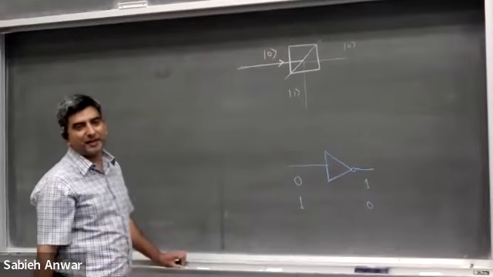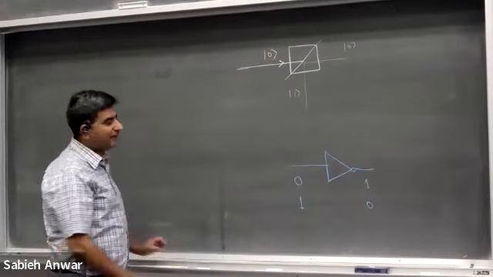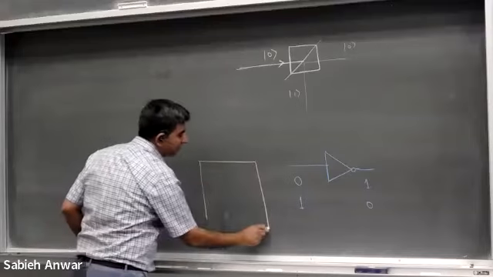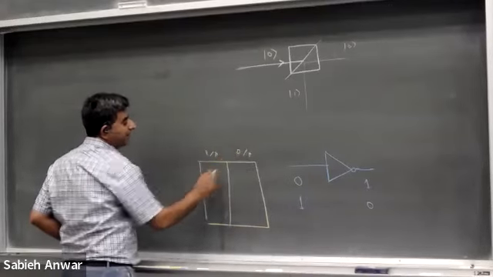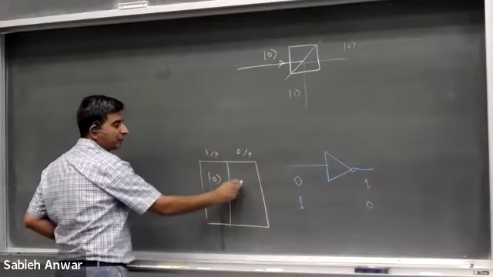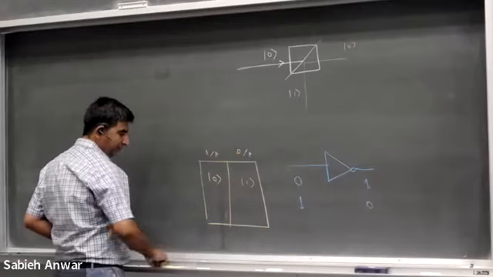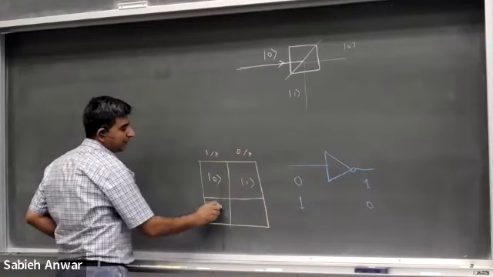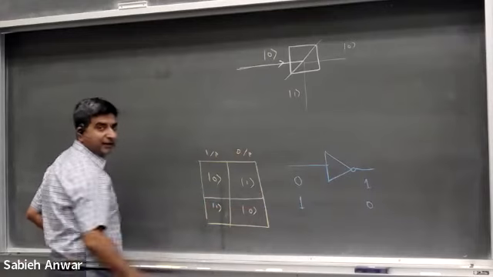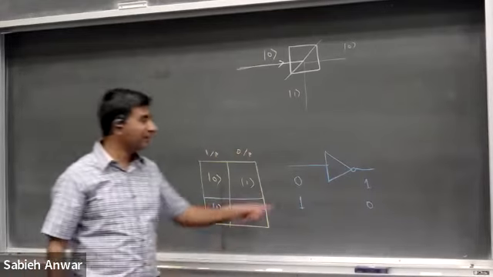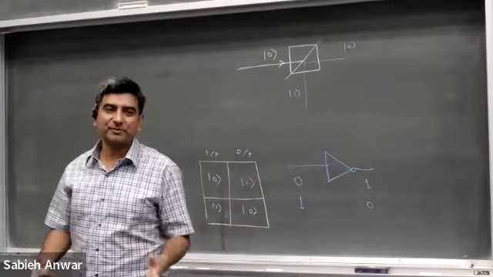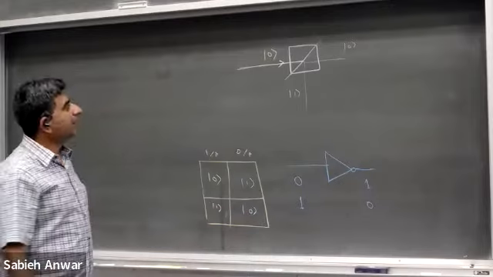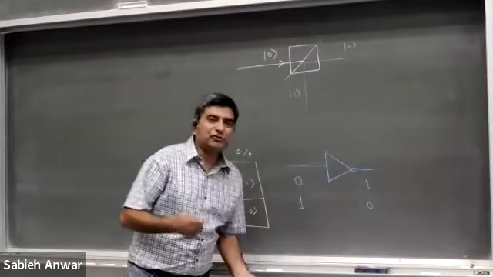If this were a quantum gate, I could write a truth table. So I could put an input and output. If the input were ket 0, the output were ket 1. If the input were ket 1, the output were ket 0, right? So you can write a truth table if this were a quantum gate and the states, input and the output, were quantum states. Now the beam splitter also acts like a gate,